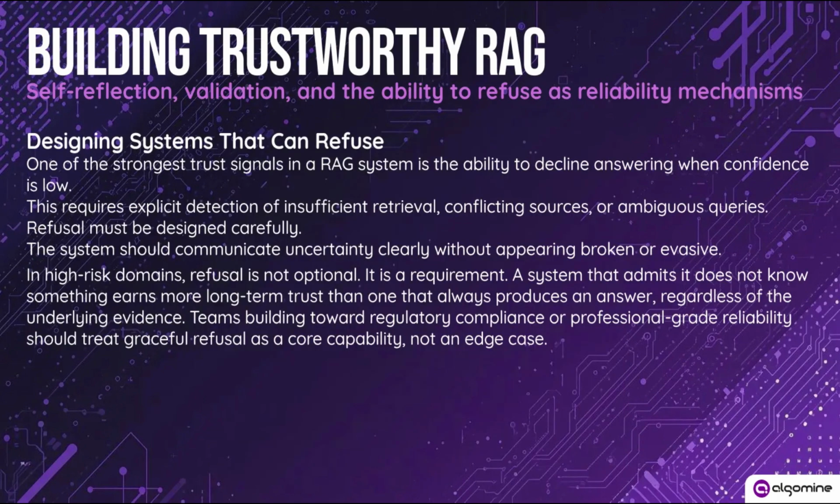One of the strongest trust signals is the ability to decline answering when confidence is low. This requires detecting insufficient retrieval, conflicting sources, or ambiguous queries. In high-risk domains like legal, medical, or financial applications, refusal isn't optional, it's required. A system that admits it doesn't know something earns more trust than one that always produces an answer regardless of